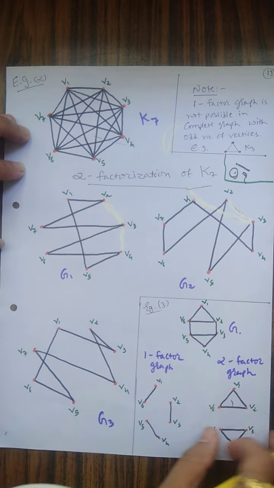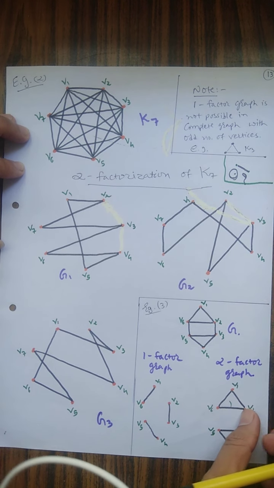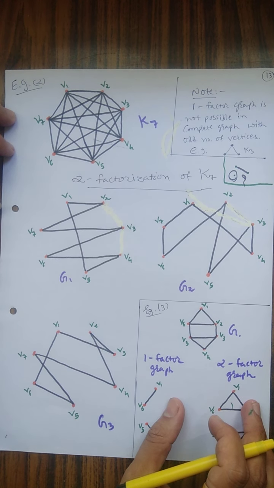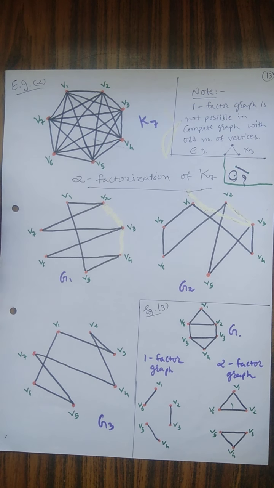These are 3 different types of graphs, and we can easily find them. So in one graph you can also find the 1 factor, 2 factor, 3 factor as per the requirement of that graph. Okay, so this is the factorization of a graph.